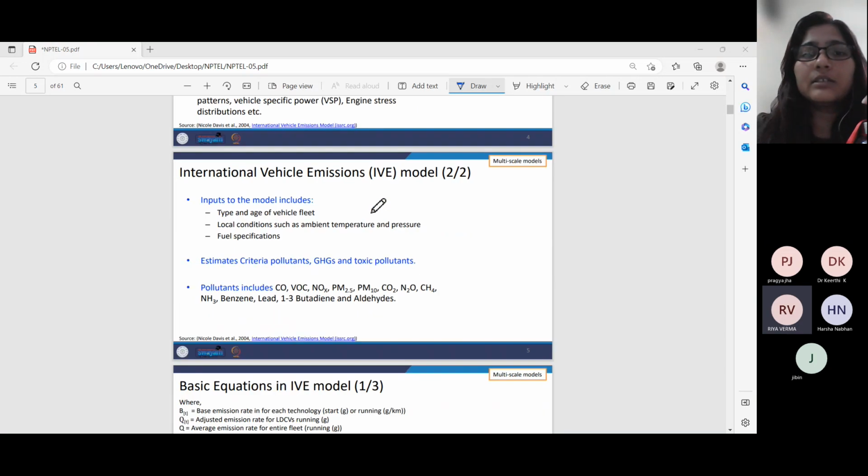Then this model is used to estimate the criteria pollutants, the greenhouse gases, the six criteria pollutants that we have read earlier, the greenhouse gases and the toxic pollutants. So the pollutants include carbon monoxide,